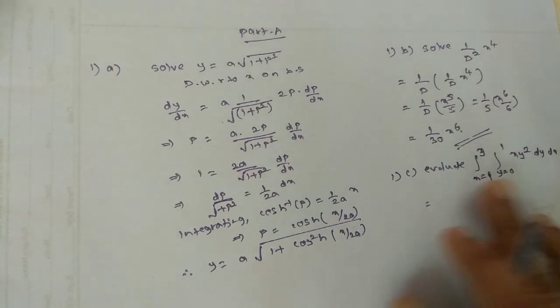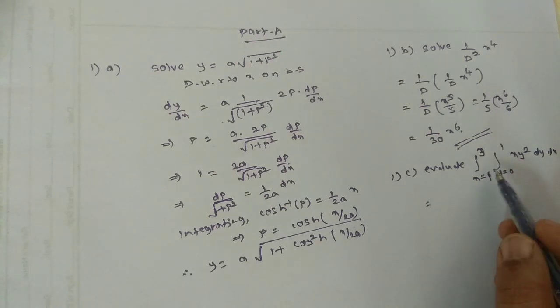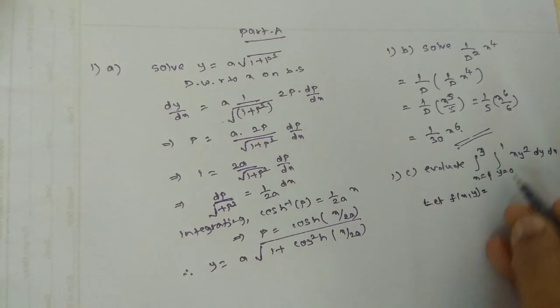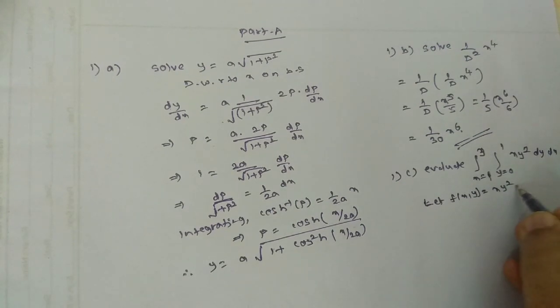As it is very simple, it is a double integral we need to find out. Look at the limits. Are the limits real numbers or in terms of variables? Only real numbers. Suppose f of x comma y, what is your integrand? It is nothing but xy square. Now just interchange the x and y variables. In the place of x you write y, and in the place of y you write x. So you get yx square. If you interchange this, is it equal to f of y comma x?